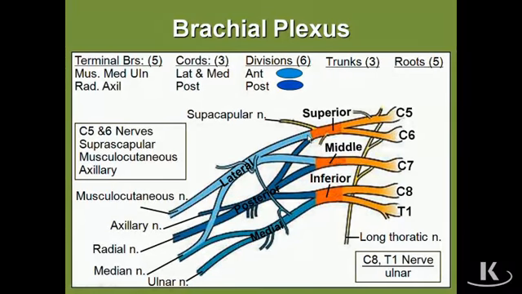So the cells that are going to become the muscles of the limb right from the beginning are organized into 2 groups, an anterior compartment and a posterior compartment. And we'll see later on that the anterior compartments of muscles will become flexor muscles mostly, and the posterior compartment will become extensor muscles. But with regard to nerve supply, what that means is that as the motor nerves that